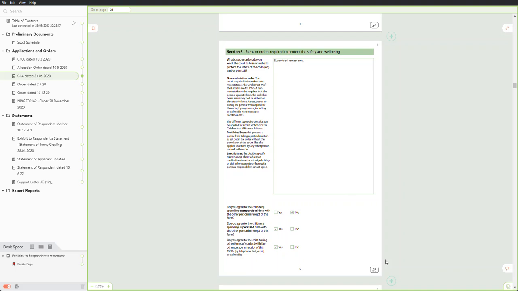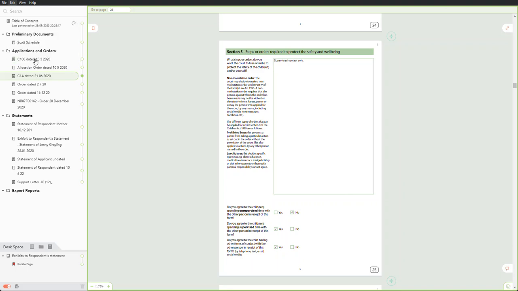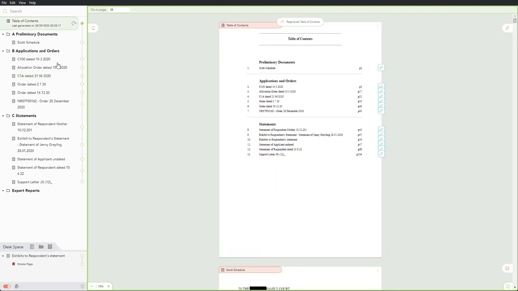If you want to add some extra pagination features, we've got folder based pagination here by changing the pagination type, and we can see here the folders there. That has become B22, so that gives a letter to all of the folders that have documents in them. It does not give a letter to the folders that do not have documents in them. If I refresh the table of contents, you can see here that the letter of the alphabet has been appended to the page number. If I take that off,